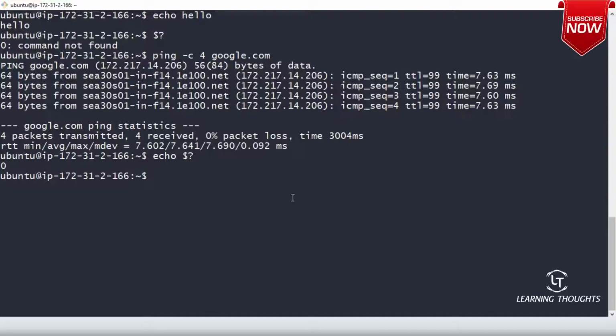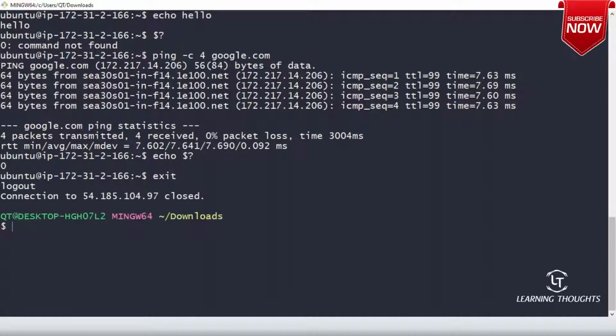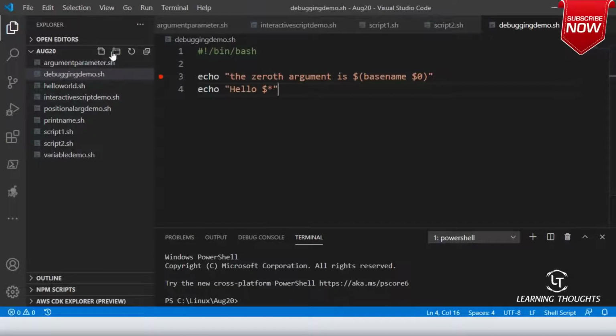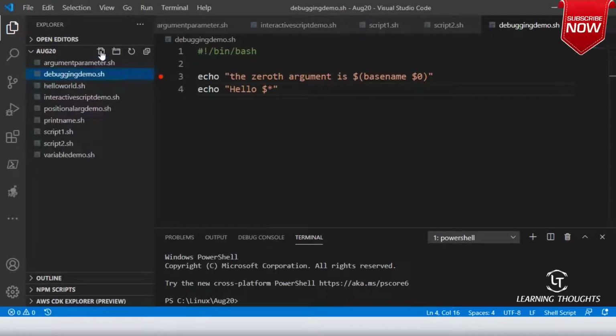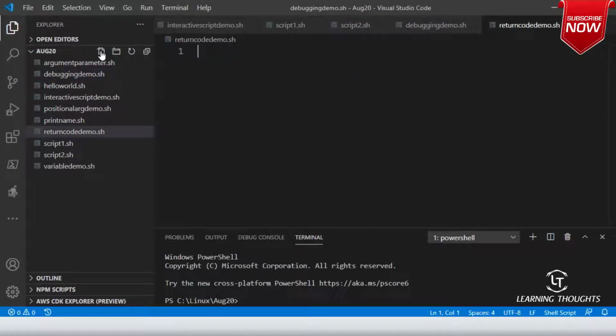I don't need this machine at this moment, so I'll log out. When we need it, we'll copy the script over. Every file I'll start with a shebang, and it is better that you have a script header. But in the interest of time, I'm not writing the script headers. Please don't get away from script headers. It is always good practice to say what your shell script does.